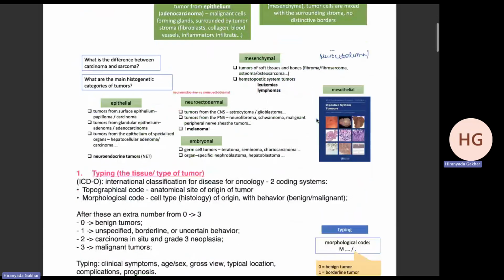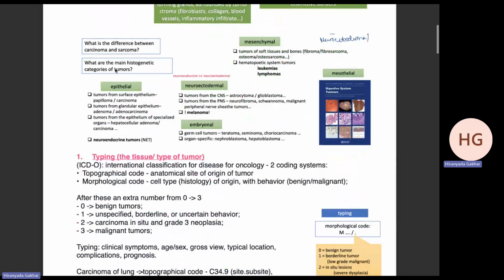So if you take a look here, you have epithelial tumors which arise from epithelium. So their classification can be according to them being a papilloma, which is usually benign, or a carcinoma, which is malignant. They can also be from the glandular epithelium, where they can be adenoma, which is benign, or an adenocarcinoma, which is malignant. We also have neuroectodermal tumors, which arise from the neuroectodermal tissue, so tumors of the CNS,